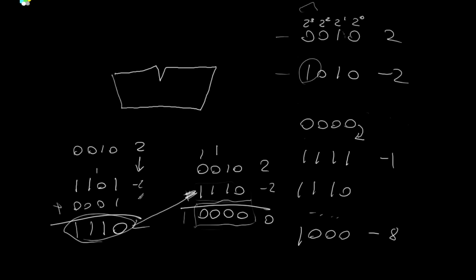All right. So back to this two's complement stuff. So, how do you normally understand taking a positive number and turning it into a negative number in two's complement? Well, okay, so